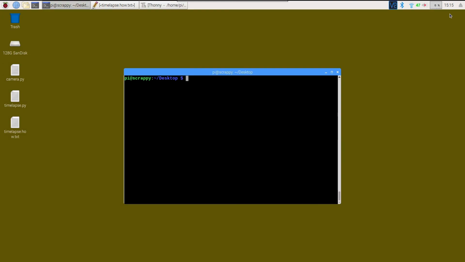I will set this Pi up tonight or tomorrow. I will set it up and let it record for a full 24 hours looking out the window, and we can just see what we get. The first thing we need to do, though, is sudo apt install FFmpeg. And that's to ensure that we have